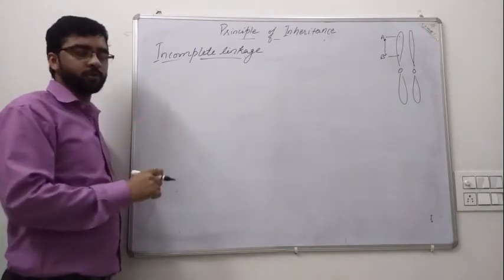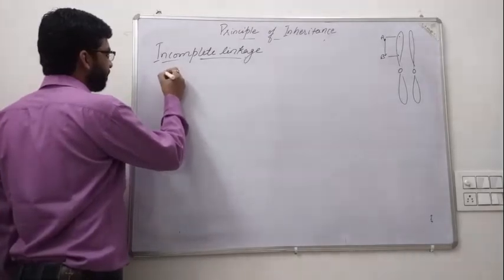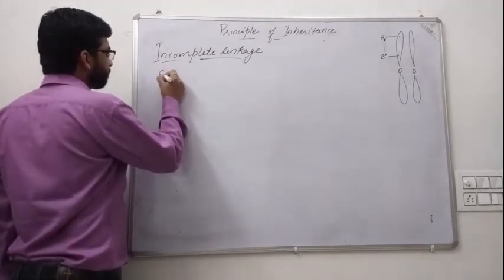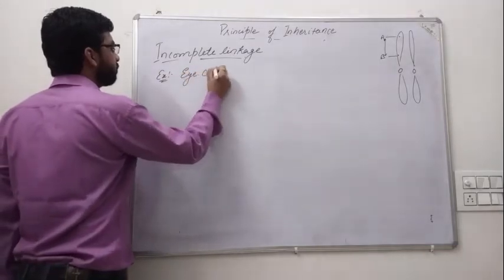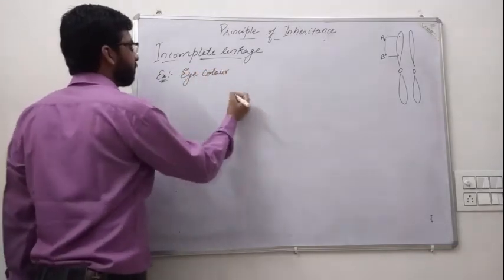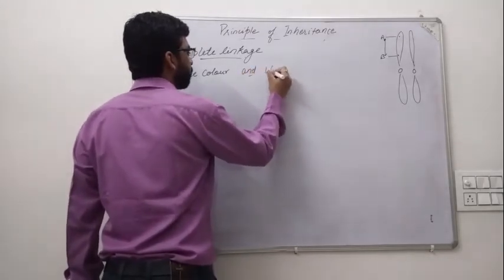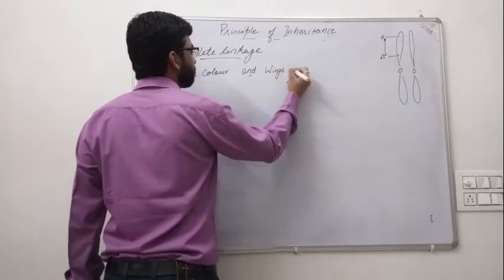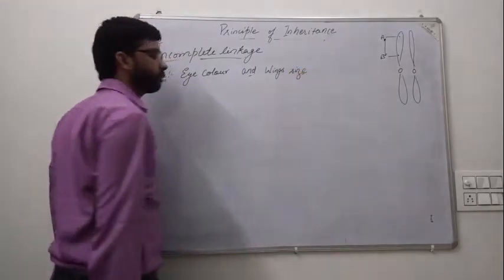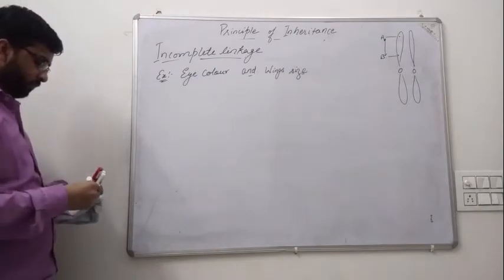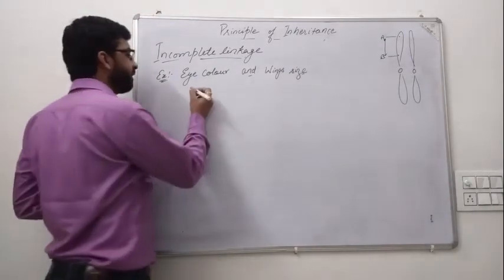On a chromosome, two genes are present apart from each other. The example is the eye color of Drosophila and wing size. Here the eye color is red eye dominant over white eye,